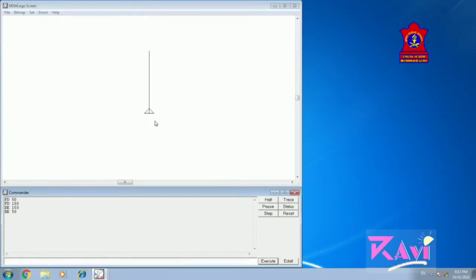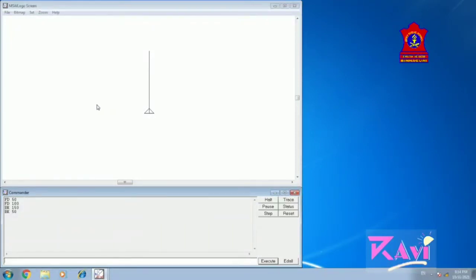Now we have a different set of commands, the turning commands. In these, we are going to learn how to move our turtle to the right or to the left. Turning commands are the right or left commands. They help you turn your turtle to the right or left.